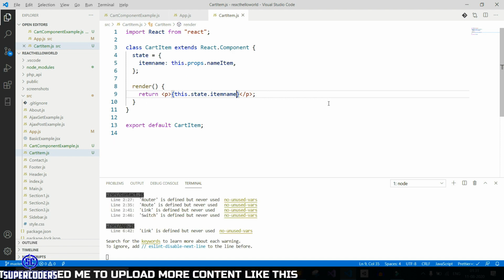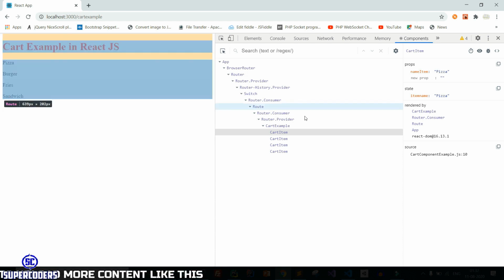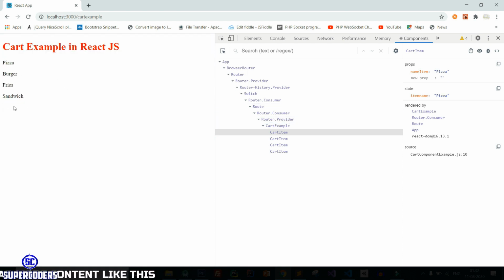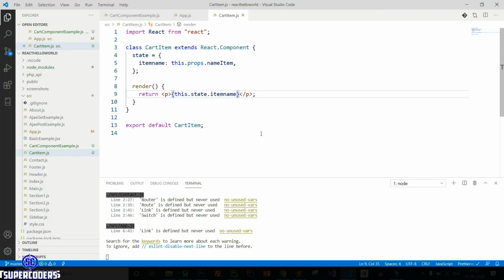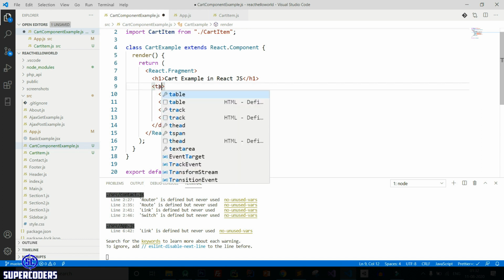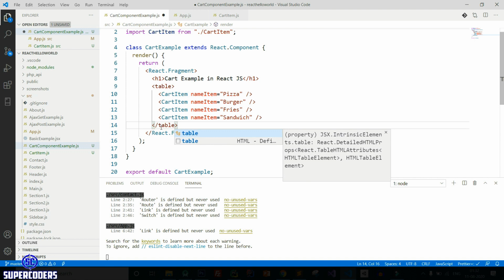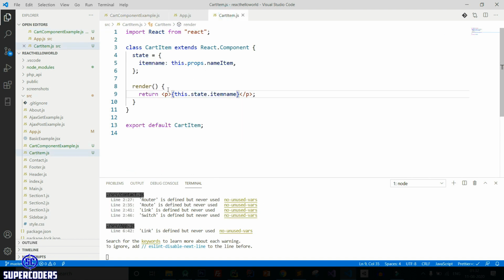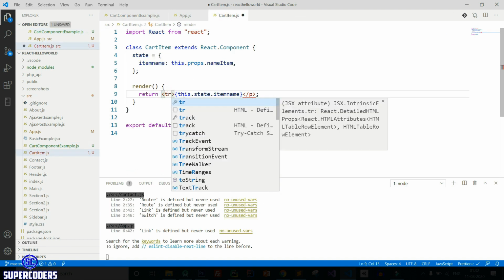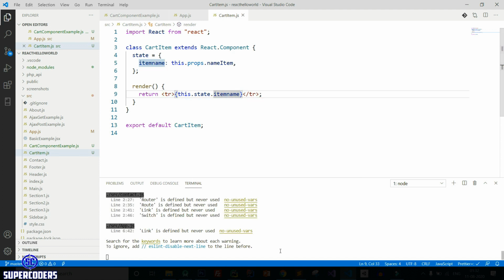Save it, back to Chrome, and you can see item is showing pizza, burger, fries, sandwich. So all items are showing now. Let's come back and here instead of div change it to table, save it, and here change this to tr, then tr, save it, again back.